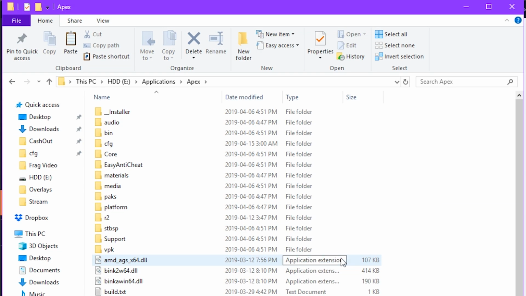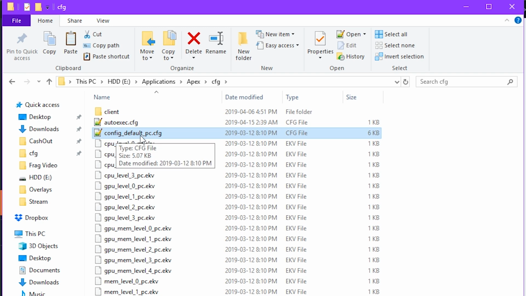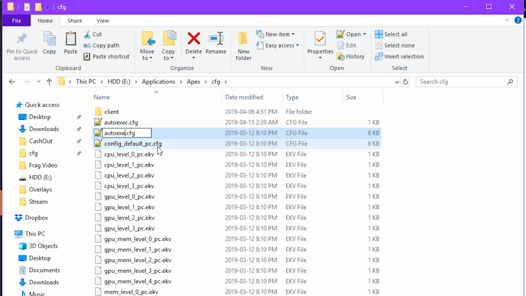All right, now for the autoexec, basically this is how you get to the autoexec. All you have to do is go to where you installed Apex, and then once you're in this folder, you go to CFG, and then in here you want to create an autoexec. The easiest way, in my opinion, to do that is you click on this file right here, the config default, and you copy paste it,